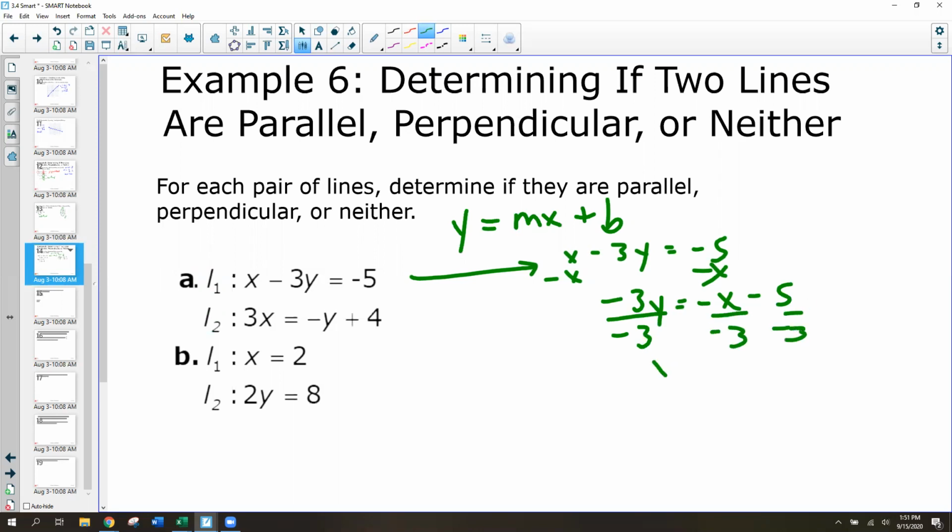And I'm going to get y equals 1/3 x plus 5/3. And then for the second one,